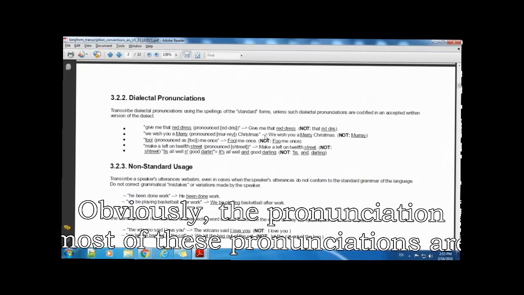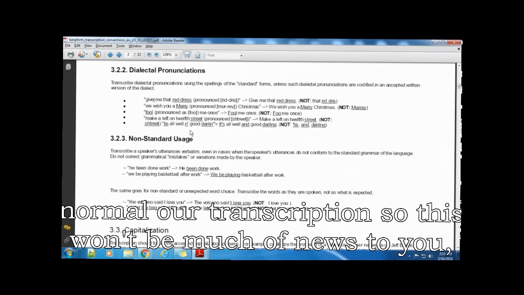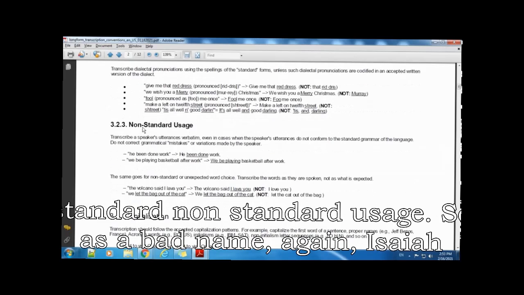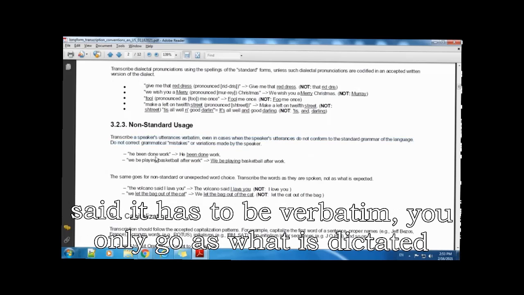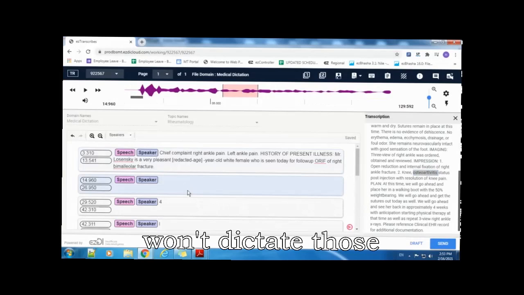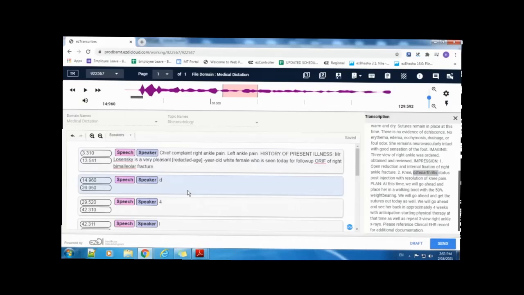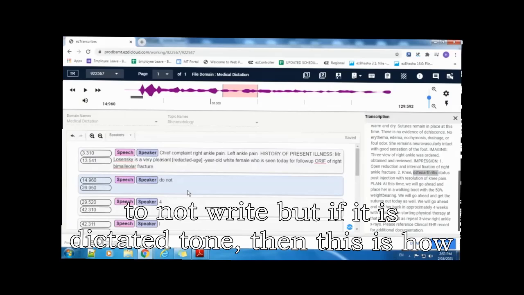Obviously most of these pronunciations are normal of a transcription, so this won't be much of use to you. Standard, non-standard usage. So the verbatim, again as I said, it has to be verbatim. Purely go as what is dictated. If the doctor in transcription, normally they won't dictate those words, but if it is dictated don't, then this is how you will put it.